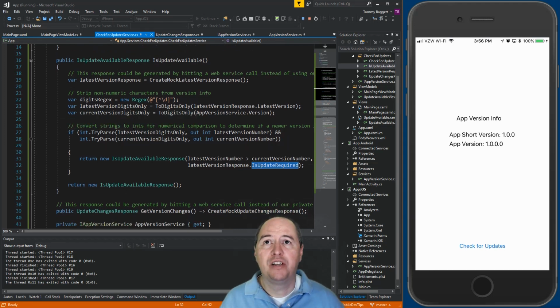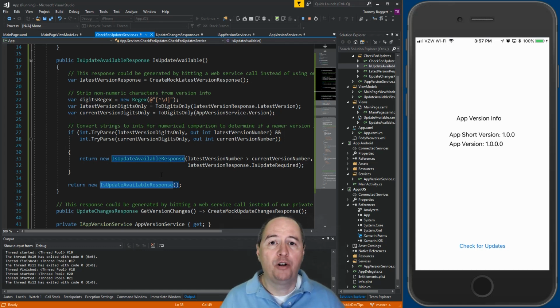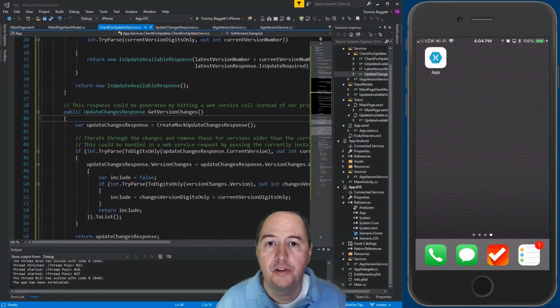If for some reason the parsing of this information fails, we're going to just return a newly instantiated isUpdateAvailable response, which will result in both of those properties indicating there's a new version and that the update is required, defaulting to false. The second method in this service, GetVersionChanges, would also normally make a web service call to retrieve its